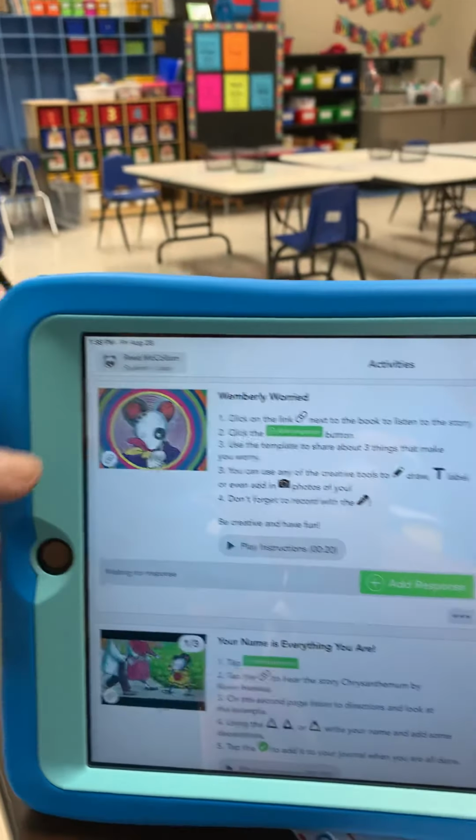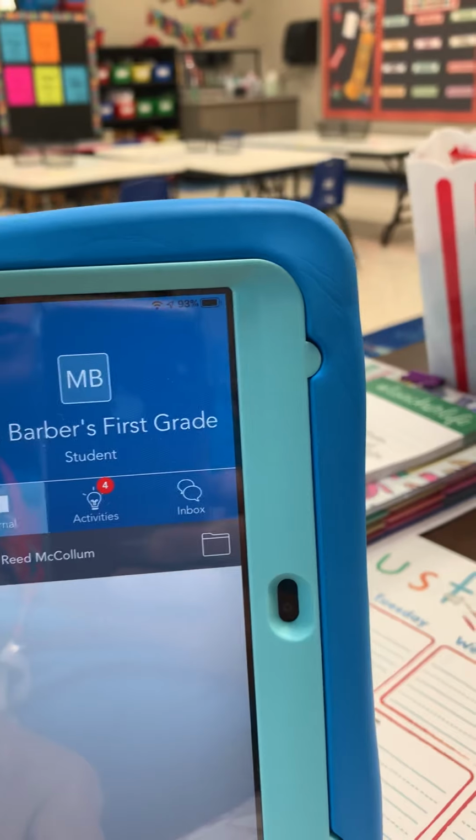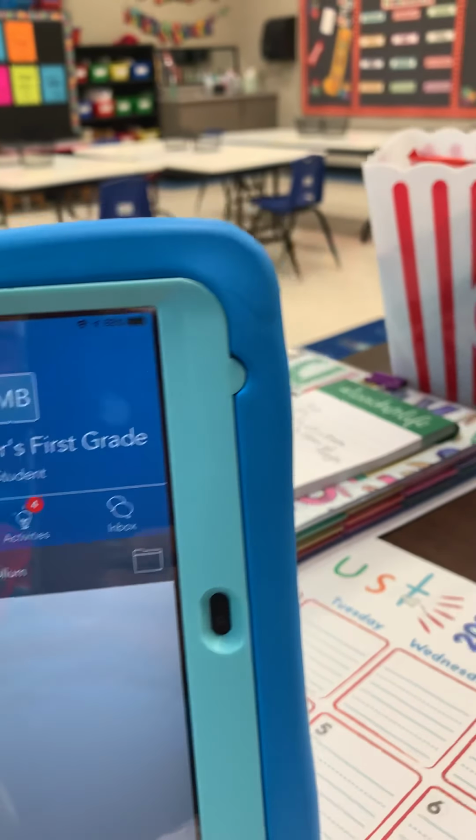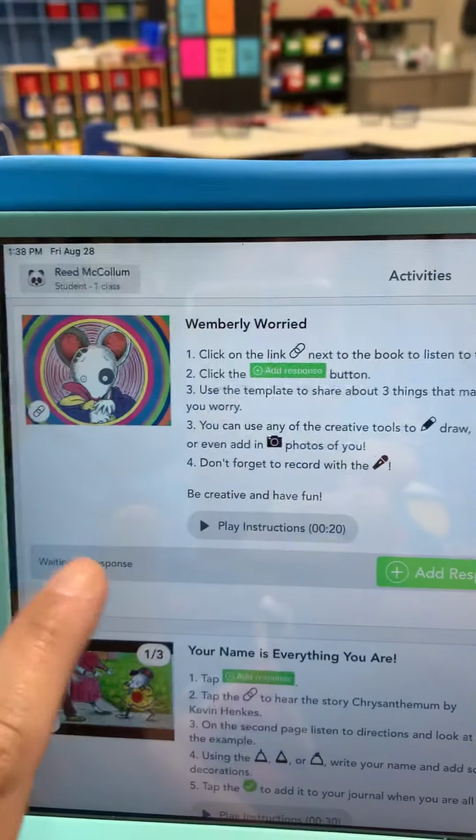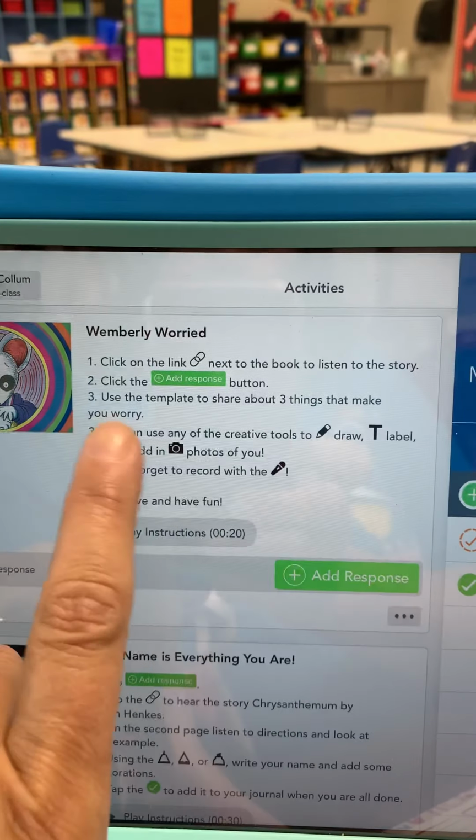Push the X and it should take you back to the activities list. Remember to access activities here. And there will be other things here in journal if there's any student work. On the activities, if you have to respond, make sure you click add response to do